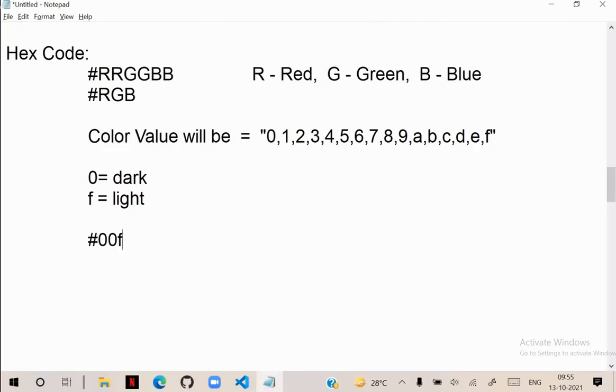Now what is the color? That means bright light means full color. Darker means black, towards the black. What is the color now? First value is for whom? 0. First 0 is,